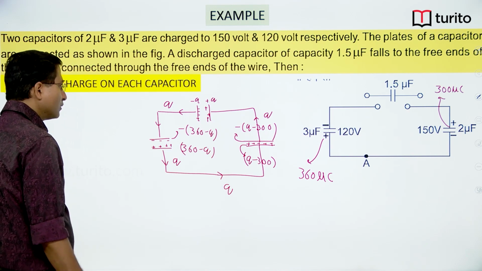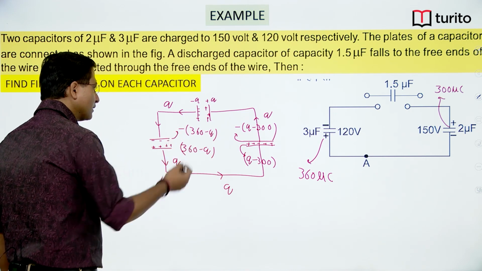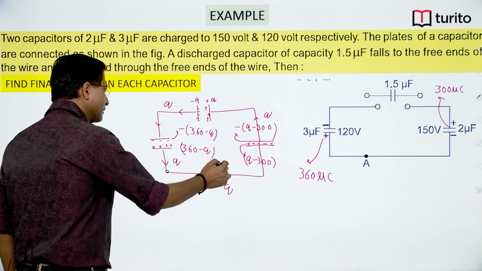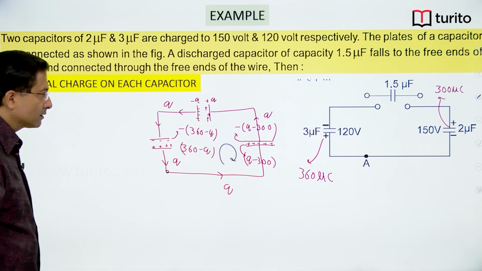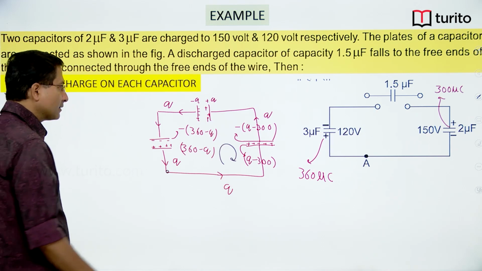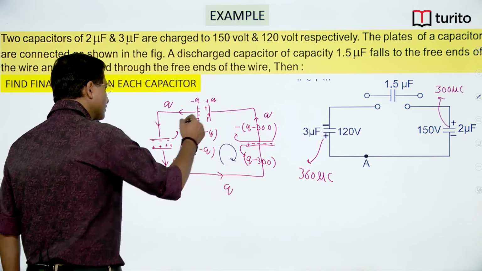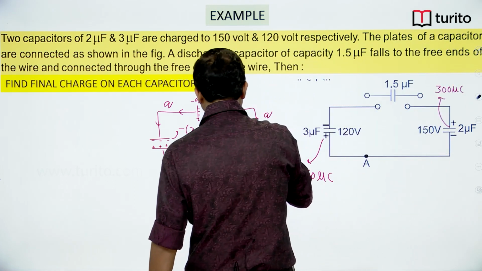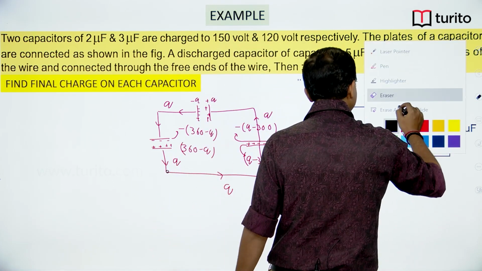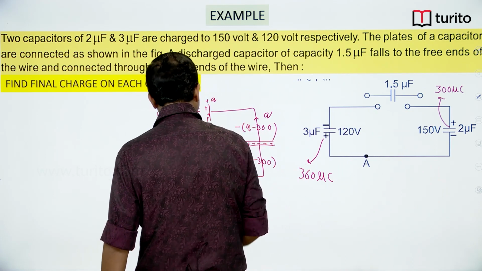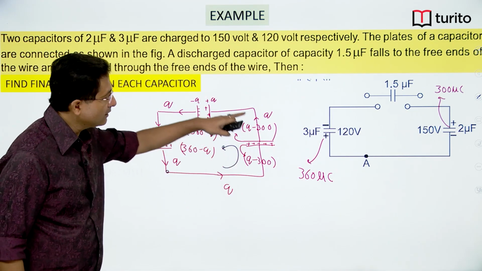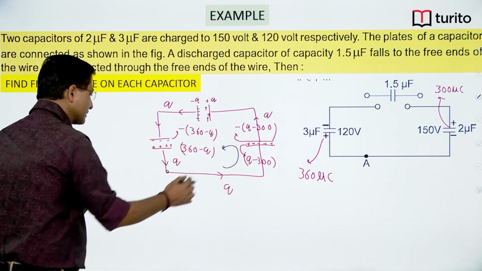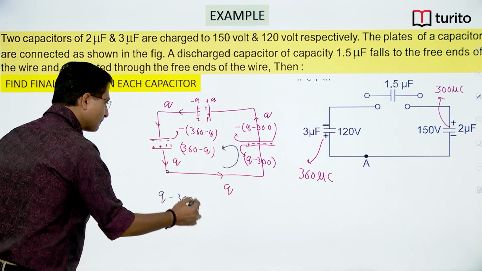So if I move in a particular direction, say this way, I start from this point and I will write it this way, right? Or I can start from this direction and go this way. Till now I have taken all clockwise. Let us take this as anti-clockwise. So I will start from this point and I will again get back to the same point. So passing through this capacitor, decrement I can see, Q minus 300